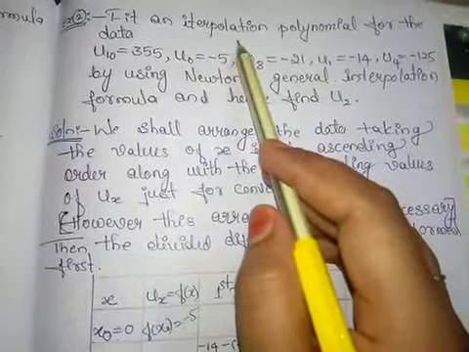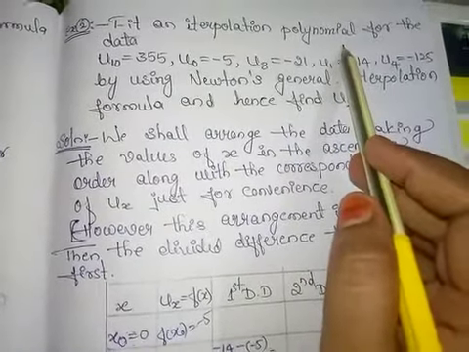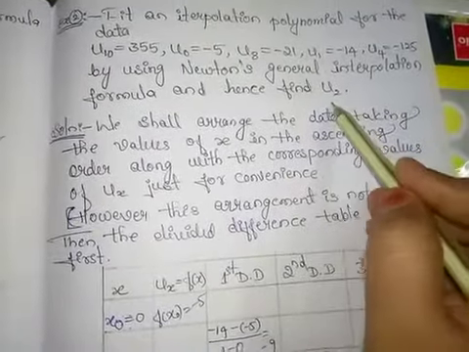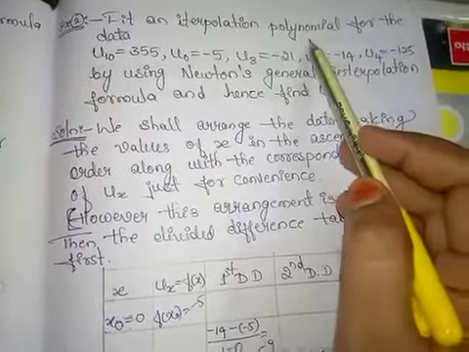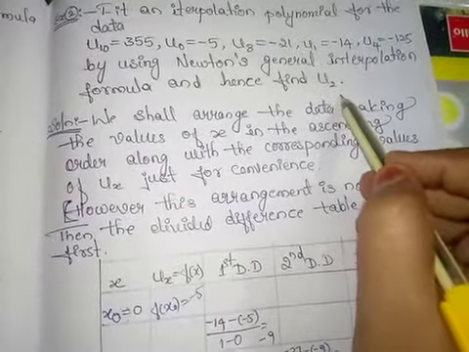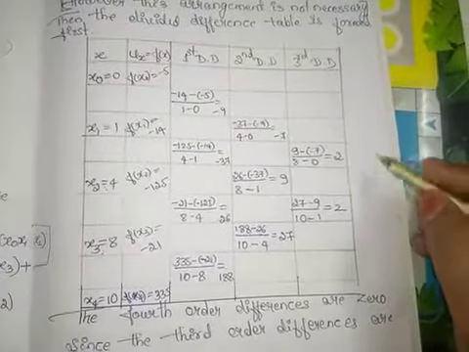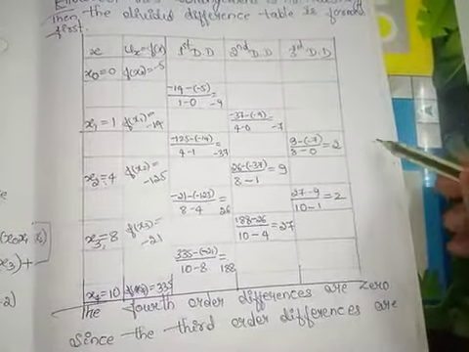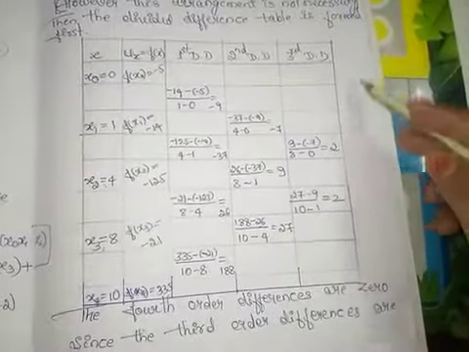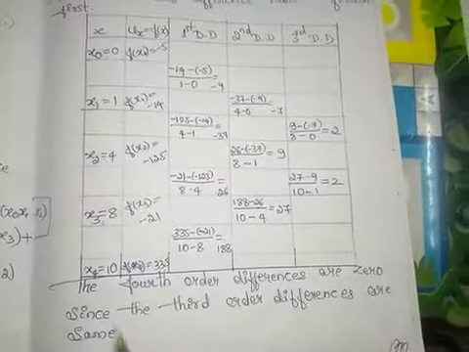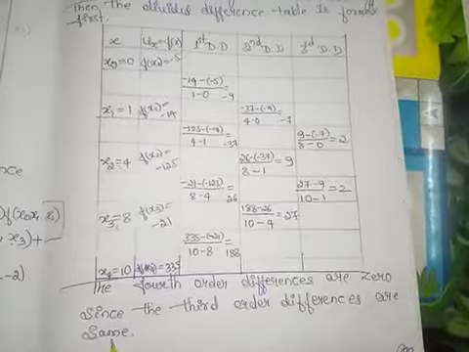Next thing is, here they are asked to find the interpolation polynomial. We have to find the polynomial here. First we have to find the polynomial, hence find u2. Means first we have to find the polynomial, and in that just substitute the value of x as 2, you will get the value of u2. And one more thing, in the next divided difference we get 0. Why? When we take the difference of these two, we will get 0, so it is not necessary to go for the next column. See here, the fourth order differences are 0, since the third order differences are the same.